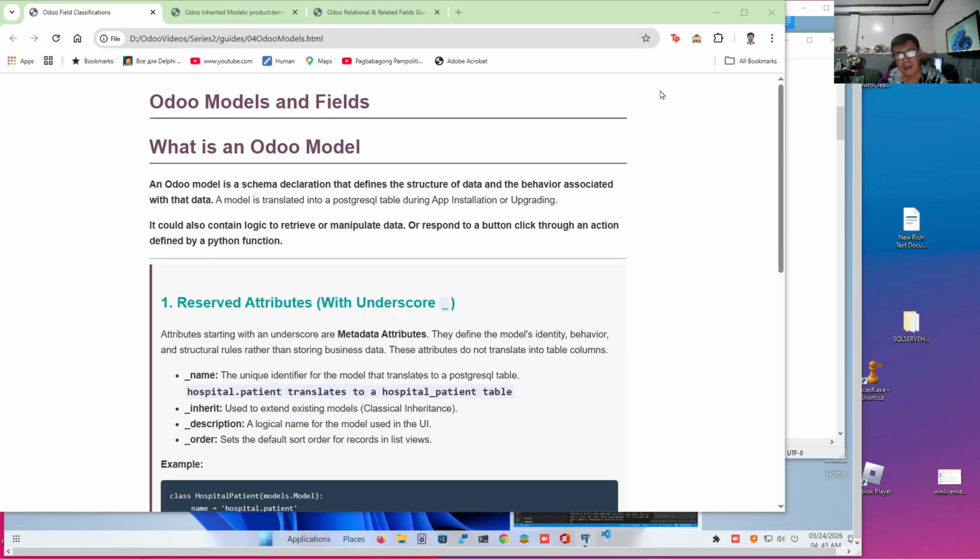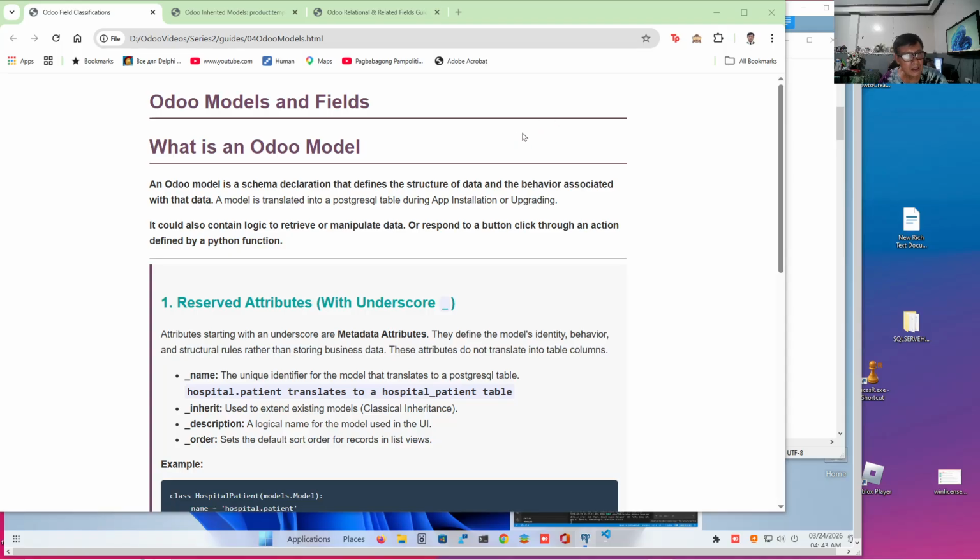So compared to other frameworks, you will have to undergo a database migration process every time you make modifications to your table or to your schema. In Odoo, however, you don't have to do that. Schema modifications are automatically performed during upgrading or installing of your app, when we update the app list and install an app or upgrade an app.